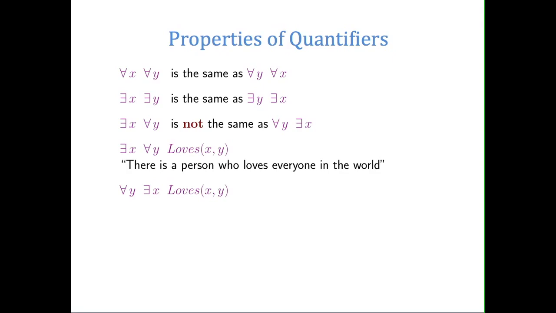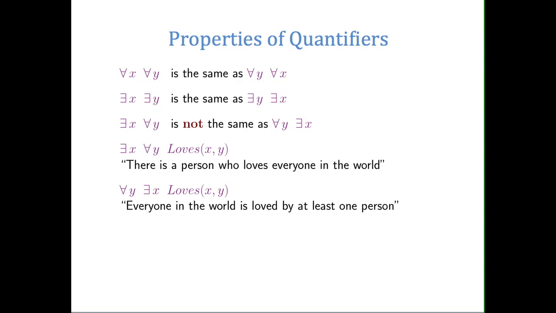Well, that means that there's lots of possible y's and only one x again, but this time it means that x, everybody in the world, that is y, is loved by at least one person, right? Because there exists, for every y, for all the people in the world, there exists someone who loves them. So we can see that the order of the